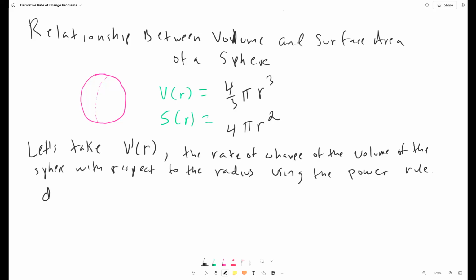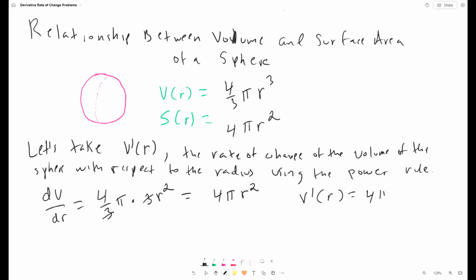Okay, so now dV/dr is equal to 4/3 pi times 3r squared, and that's equal to, so the 3 cancels, and we're left with 4 pi r squared, which means that V prime of r is equal to 4 pi r squared,